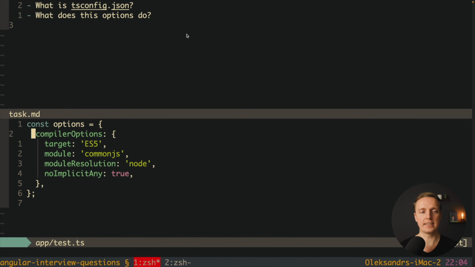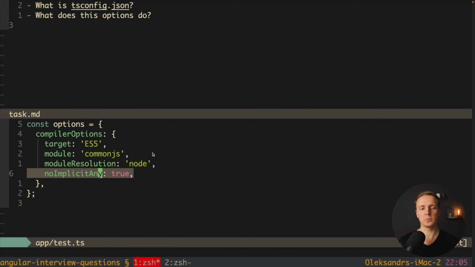And as you can see, here are the most popular properties that you can see inside tsconfig. First of all, inside tsconfig we have a property called compiler options, and this is what we typically want to change. First is target. This is the JavaScript version to which we will transpile our Typescript, and here we have a configuration of ECMAScript 5. The next thing is module, and here we're specifying if we want to use CommonJS modules, like you can see here, or ECMAScript 6 modules. In CommonJS we have require and exports, and inside ECMAScript 6 modules we have imports and exports. The configuration module resolution sets how our modules will be resolved, and typically you will write node here.